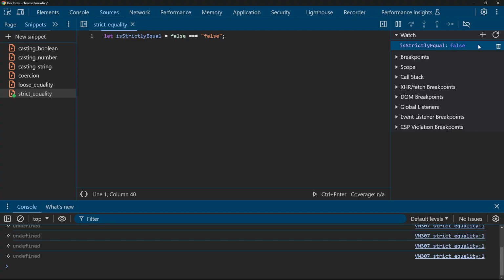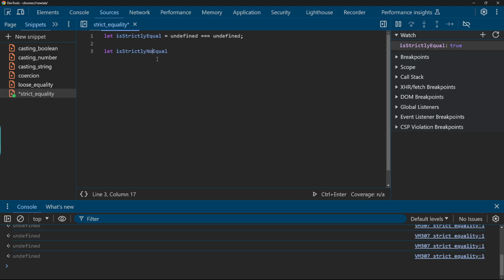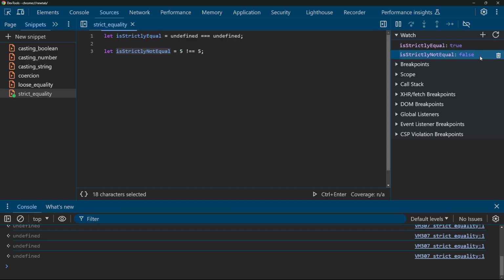For example, 5 strictly equals 5 is true. Null strictly equals null is also true, and undefined strictly equals undefined is true. We also have a strict version of the not equal operator. 5 strictly not equal to 5 is false, and 5 strictly not equal to string "5" is